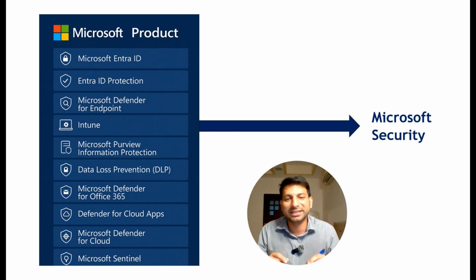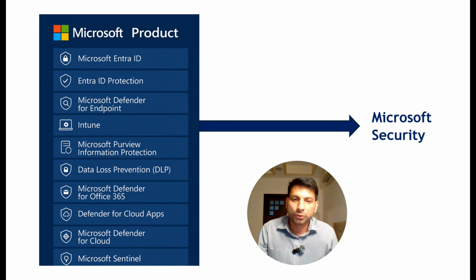All these products are available in the Microsoft 365 E5 license. E5 is the highest tier of license which Microsoft offers to us. So in that highest tier of license, which is Microsoft 365 E5, we do have all these Microsoft security products. Now through this picture, let us try to understand the attack chain